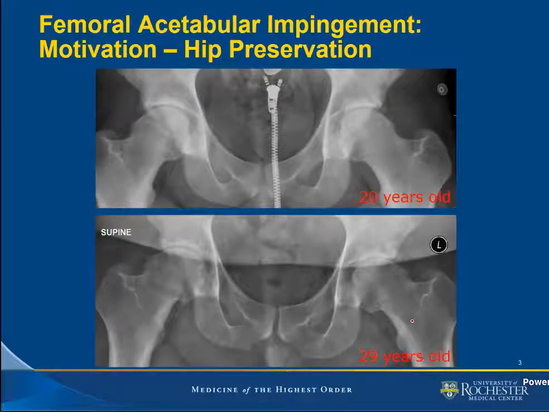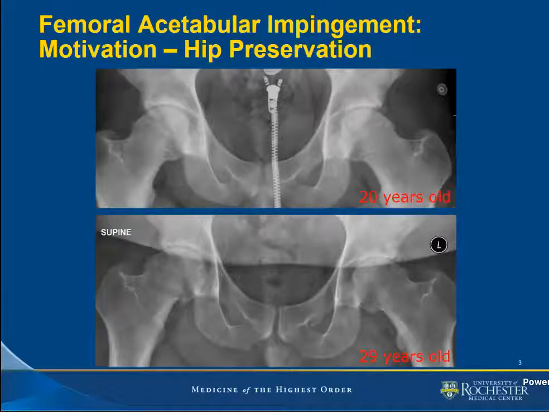This patient goes unchecked for a period of 9 years and presents back as a 29-year-old. And at this point in life, the patient looks as if they've developed a moderate to severe osteoarthritis of bilateral hips. So a surgeon would argue that if this patient was managed when they were either 15 to 20 years old, back when all they had was the cam deformity and the os acetabulum, if they were capable of trimming off this accessory cam deformity, resect the os acetabulum, do a labral repair and cartilage repair,